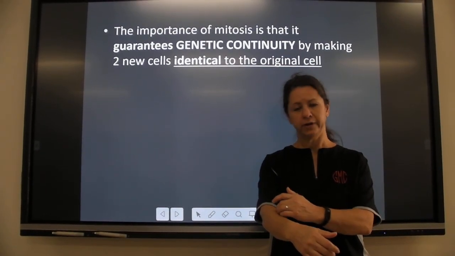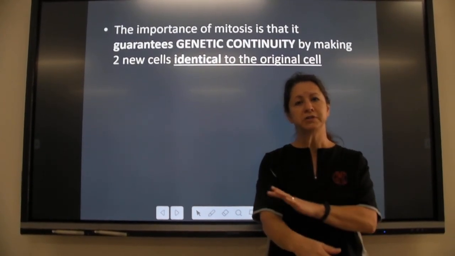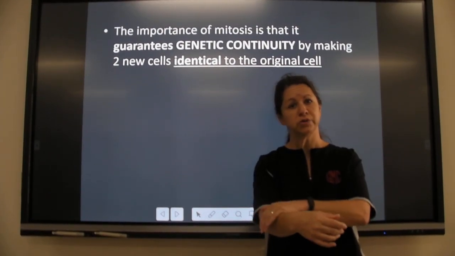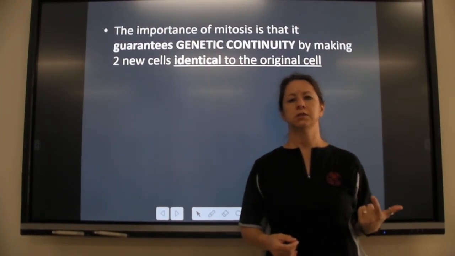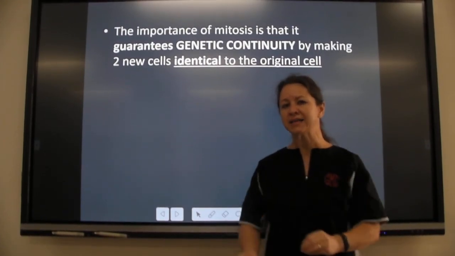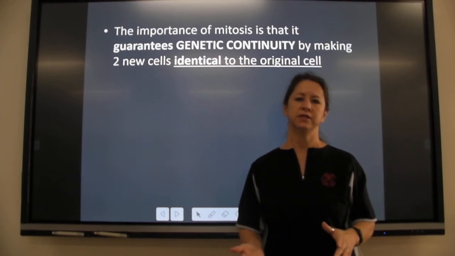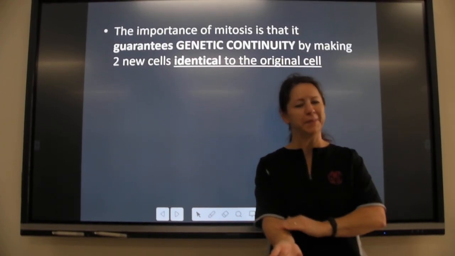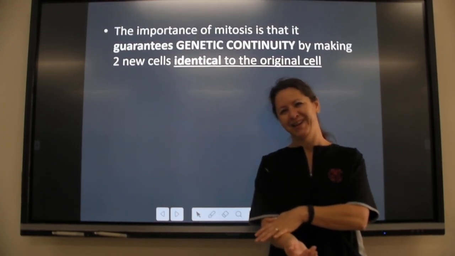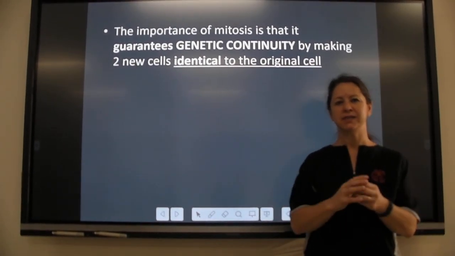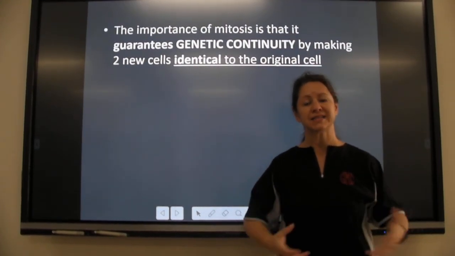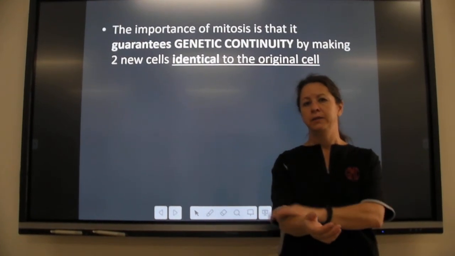If you cut yourself and you need some new skin cells, well, when you grow those new cells through mitosis, you want the new cells to do the exact same job as your old cells did. Okay? You don't want stomach cells growing out of your arm. You want new skin cells. All right? And by doing mitosis and copying that DNA and giving each new cell the exact same DNA, the cells will